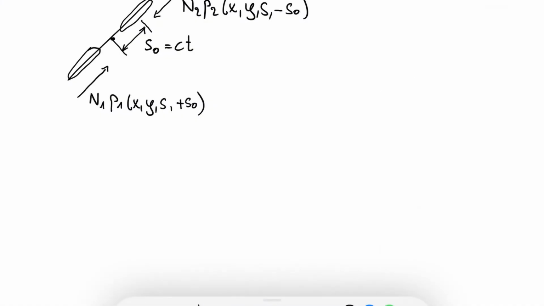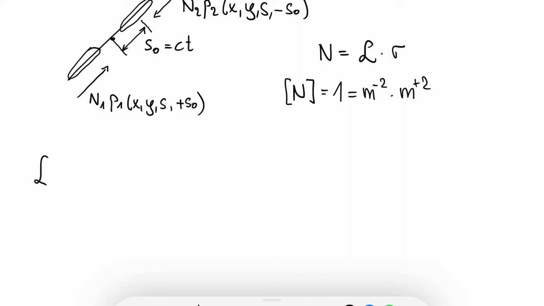In this video, we calculate the luminosity of colliding bunches and beams in a particle collider. First, we look at the units. Number of events is given by luminosity times cross-section sigma. The unit of the number of events is just 1. And it equates the product of the unit of the cross-section, which is square meter, so times luminosity, which therefore must be